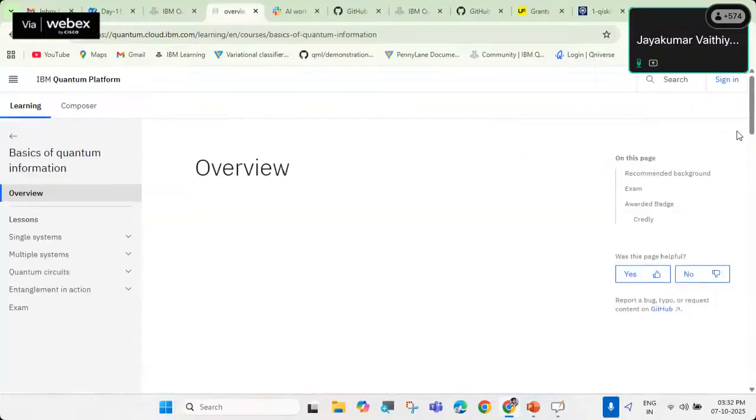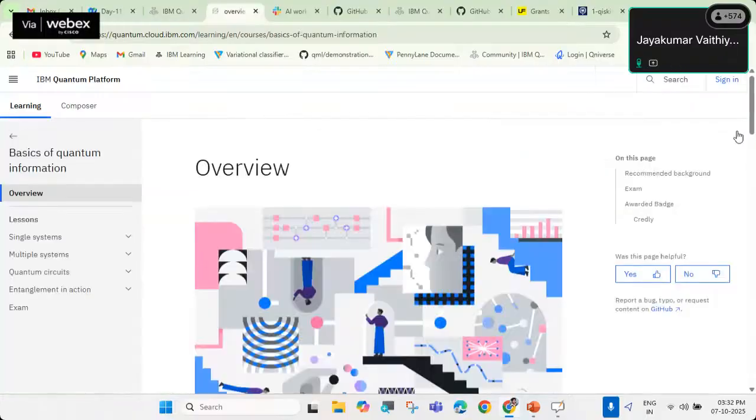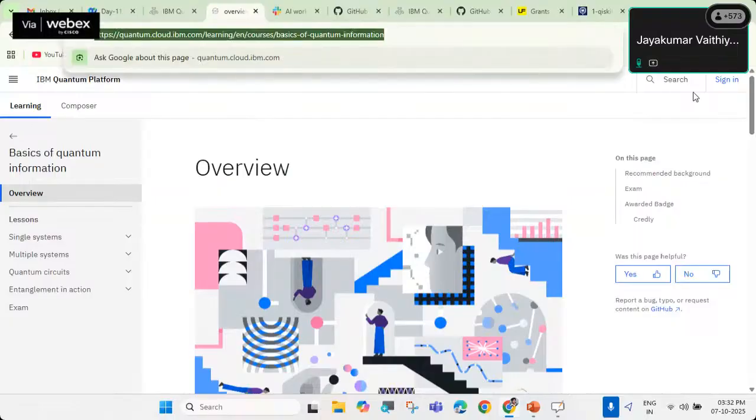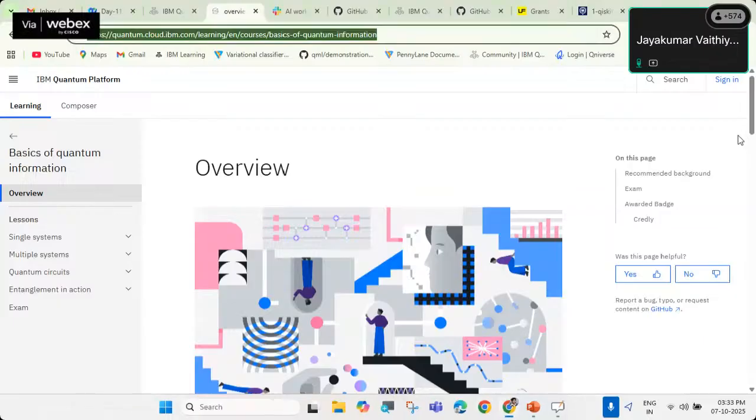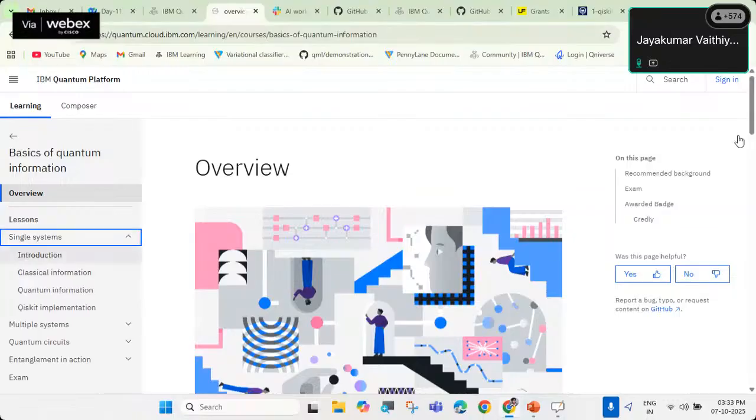In Foundation, if you click the first course, it is named Basics of Quantum Information. I'll share this link with you. I recommend every one of you to please go through this course first. If you want to start quantum from the very beginning, this course will be very helpful for you. If you click the first lesson, Single System,